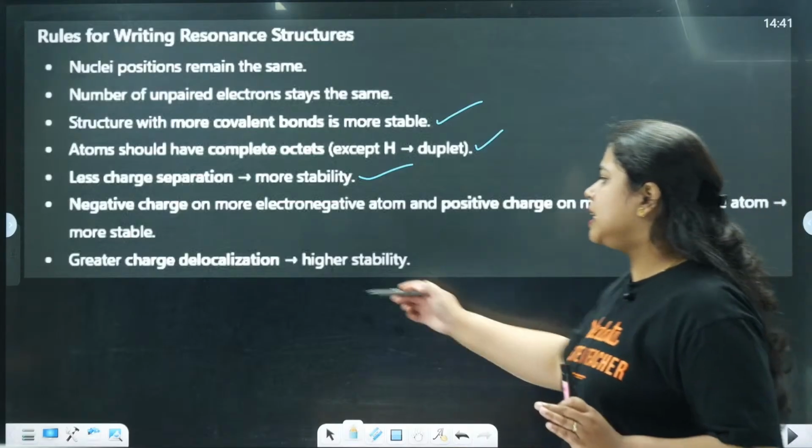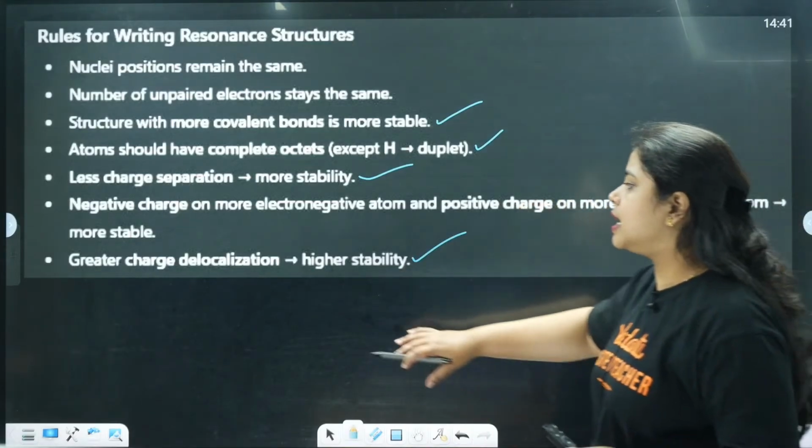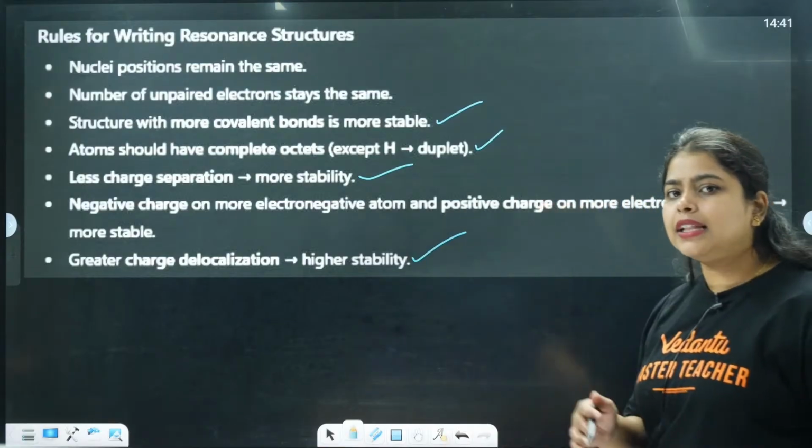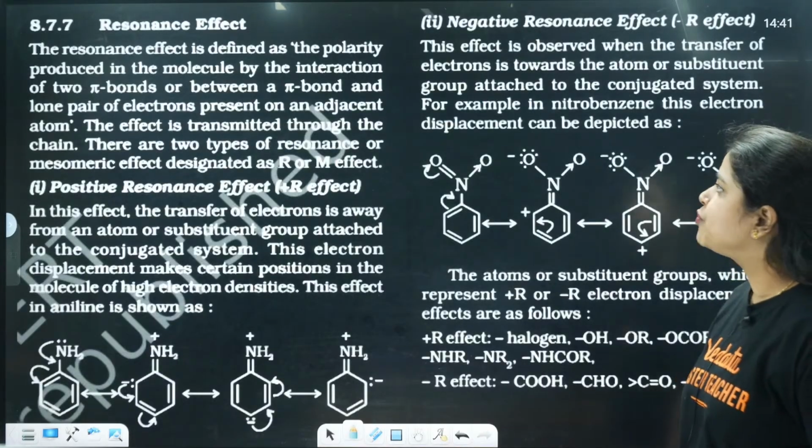Okay, now the greater the charge delocalization, the higher the stability. When there is greater charge delocalization, there is more stability, means it will have high stability. Okay, so